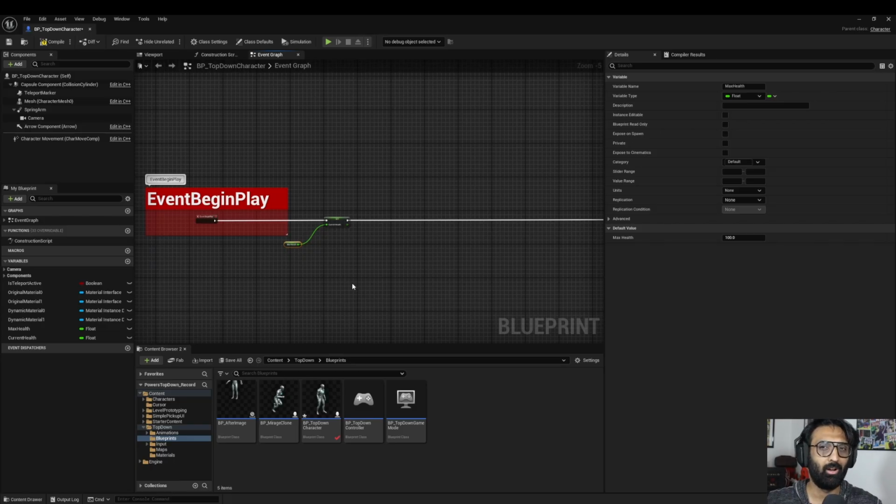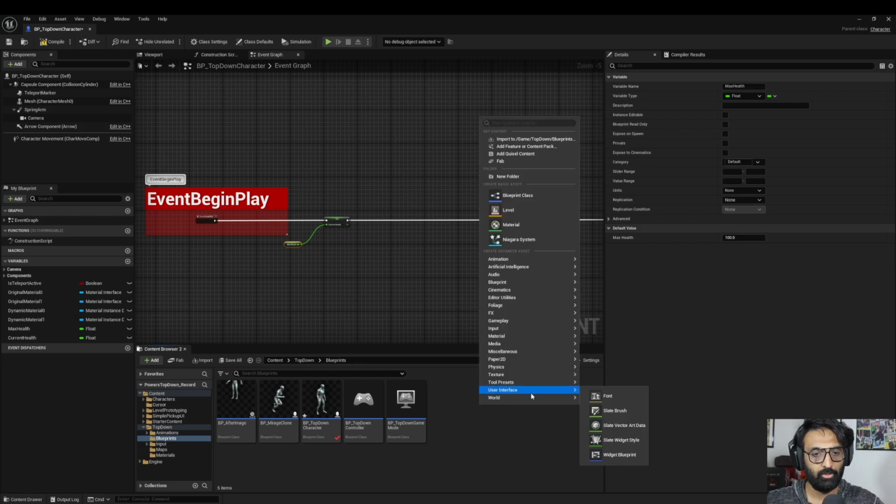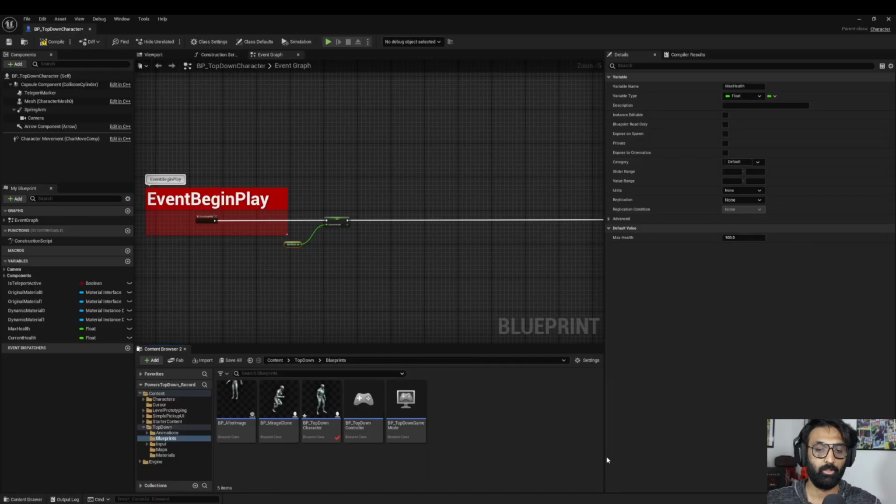We are going to do a lot of stuff inside of our top-down character, but before that, let's just start off by creating a visual cue for our health bar. So let's go into our user interface this time, and we are going to bring in a widget blueprint. This is where we are going to build whatever we see on our screen around the character. Let's say the health bar, map, or any other side menus that your game would want to be showing in the HUD. So we are going to name this WBP